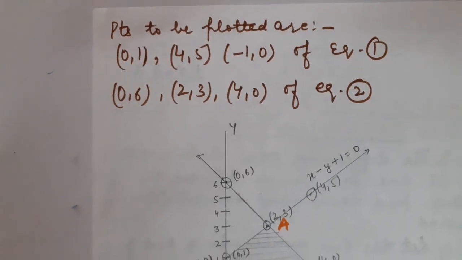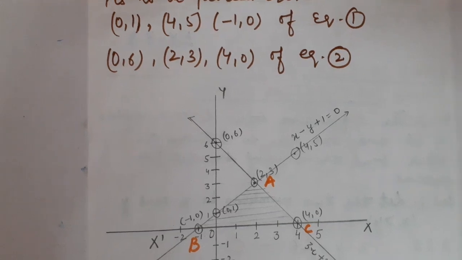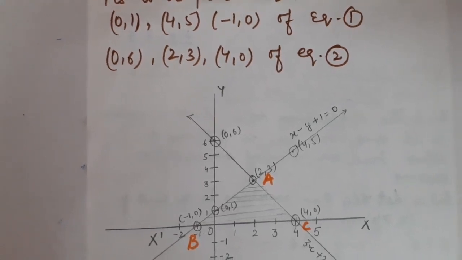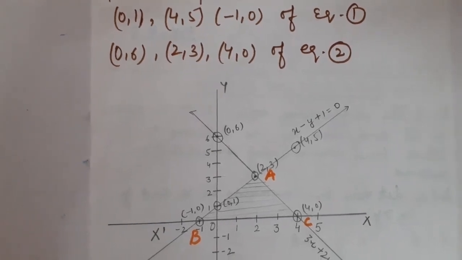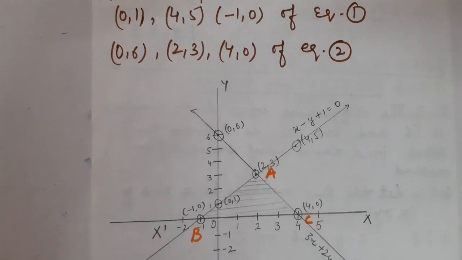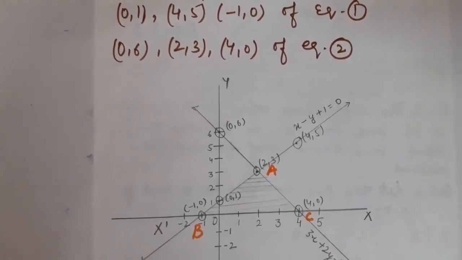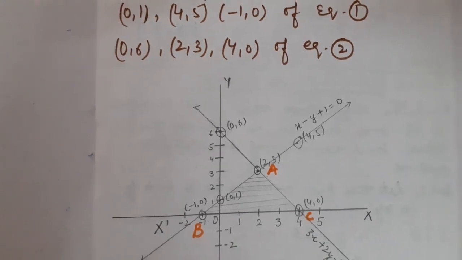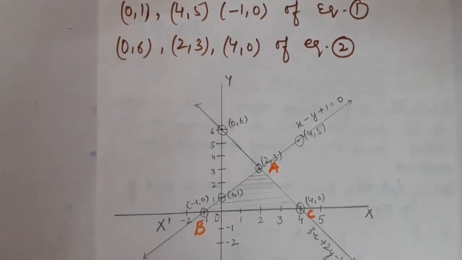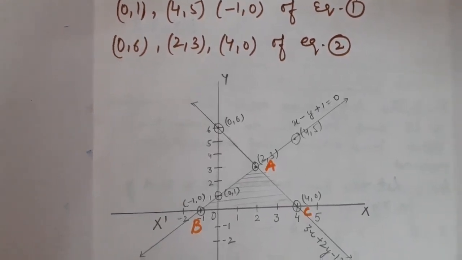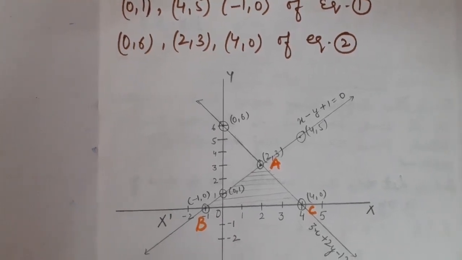Let us start plotting. Please focus on the Cartesian plane. The horizontal line is the x-axis and the vertical line is the y-axis. Let us start plotting the very first coordinate (0, 1). As the x coordinate is 0, meaning the abscissa is 0, it must be plotted on the y-axis, that is (0, 1). Now (4, 5). Children, I have taken 4. Definitely 4 will be considered as abscissa and 5 will be considered as ordinate. So here (4, 5) is also plotted.